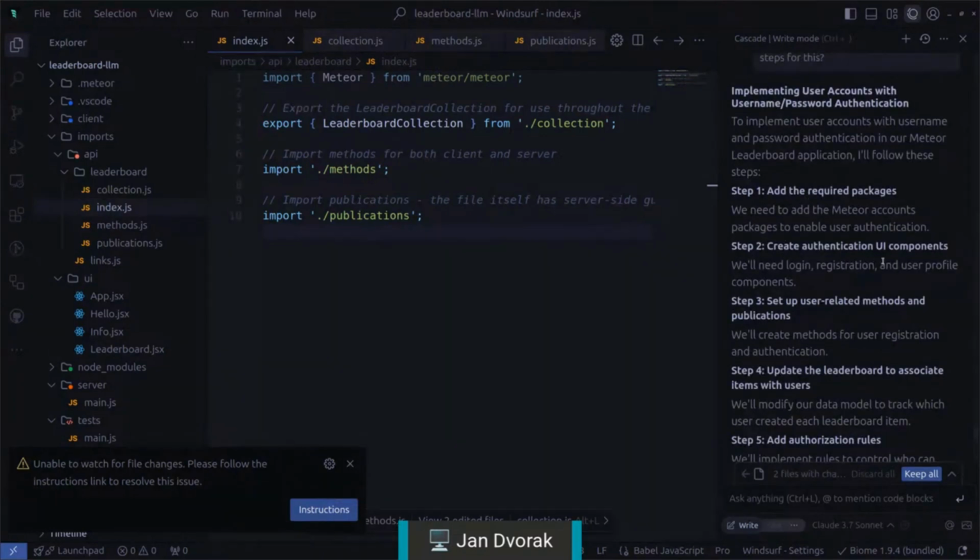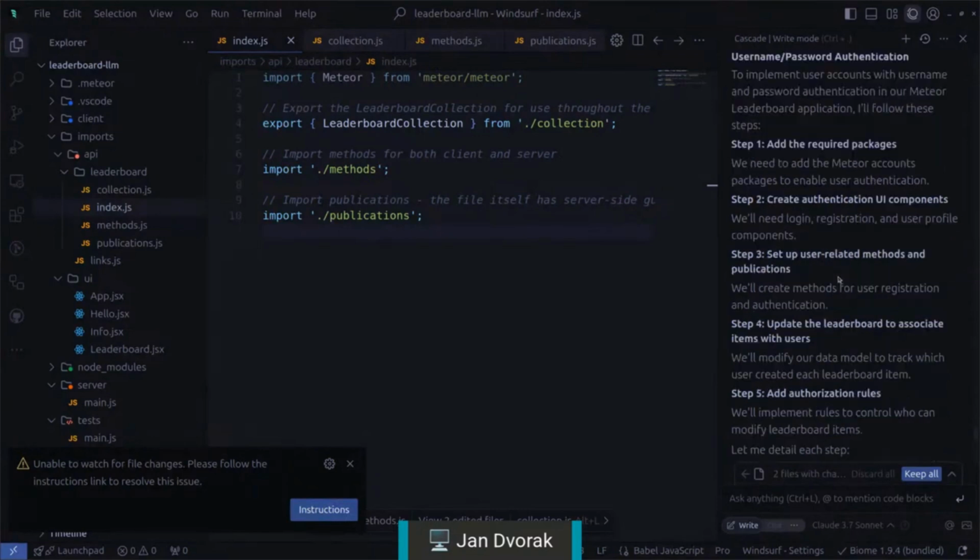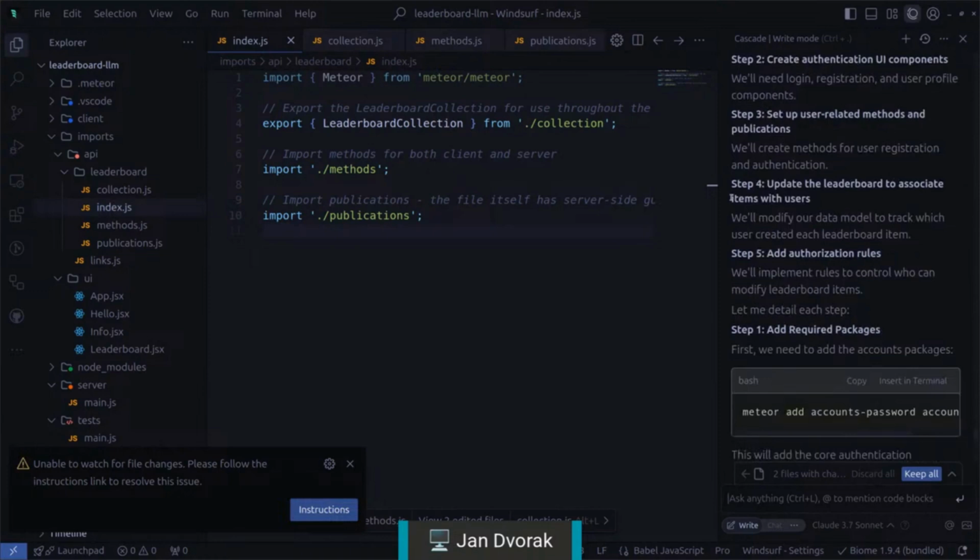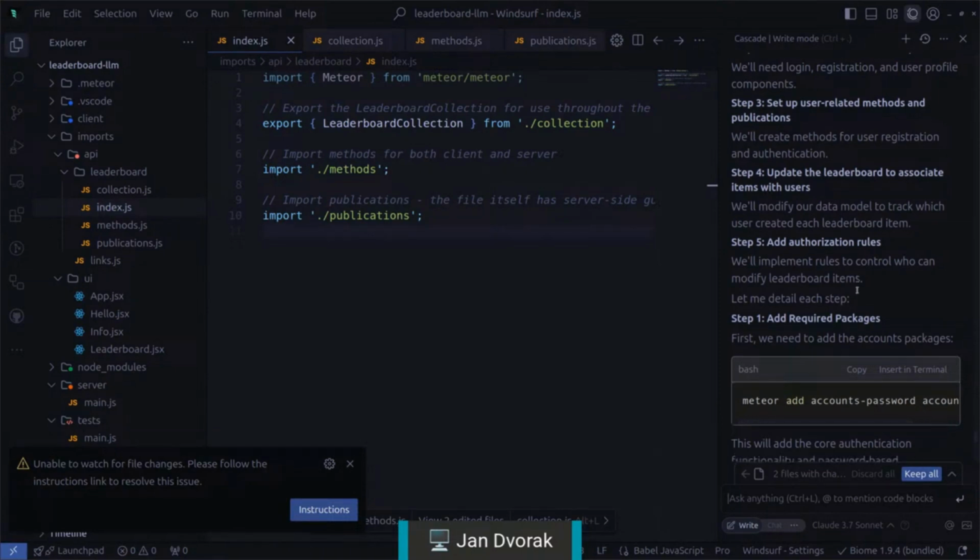We need login, registration, and user profile components. Set up user-related methods and publications. Update the leaderboard to associate items with users. Okay, that's going a little bit more than I've told it to do. Add authorization rules to control who can modify leaderboard items. Nice. So it went and kind of started predicting the common next steps. This is kind of because it knows where to lead. So let's